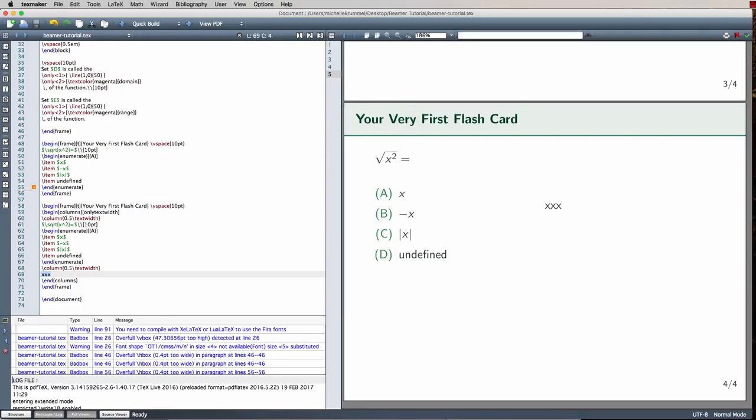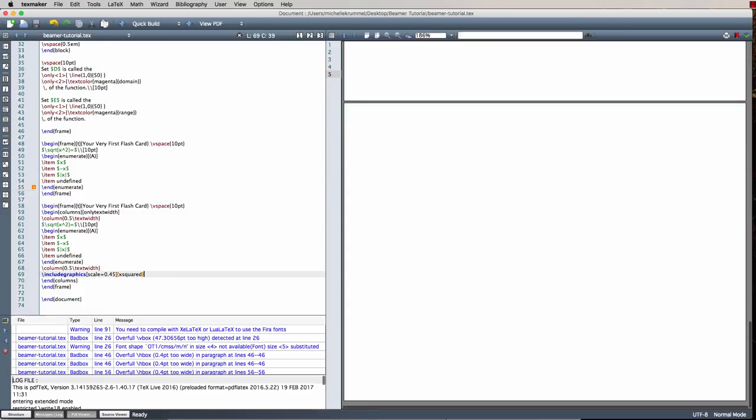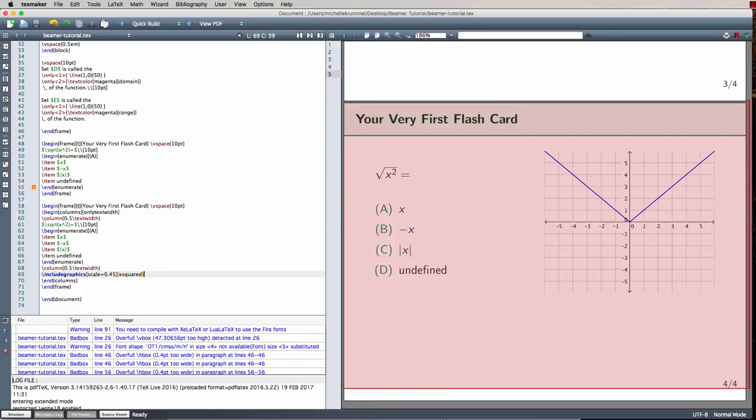So now I'm going to enter the code to insert my image. And there's the graph on the right-hand side. Now I would also like to come up with an equation for this graph, and I'm going to place the equation